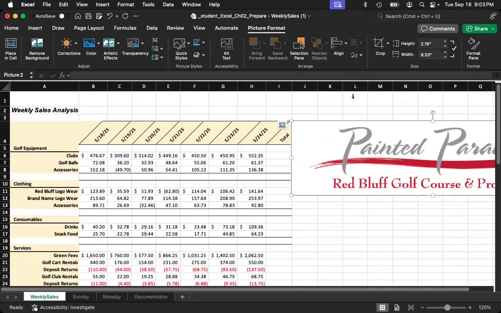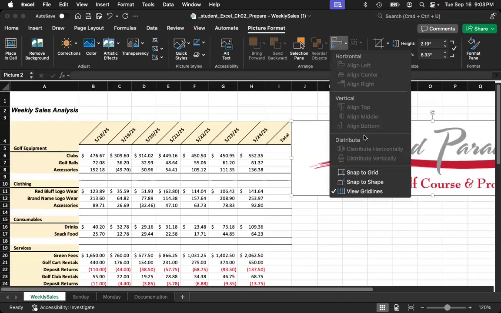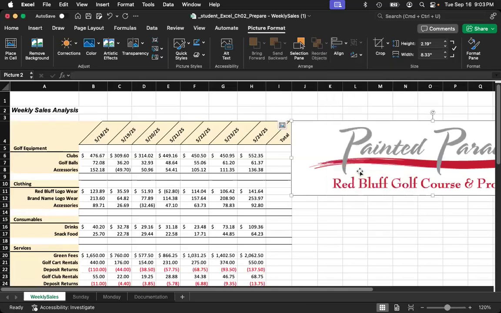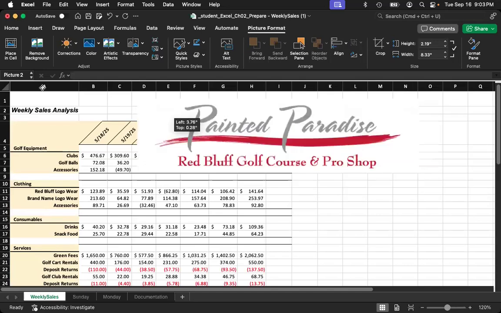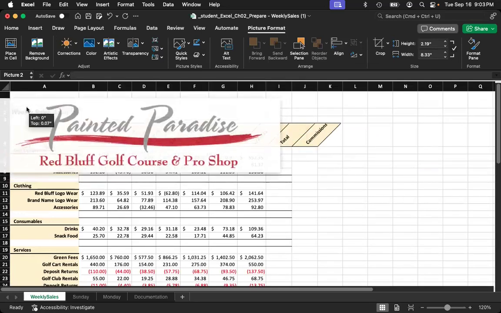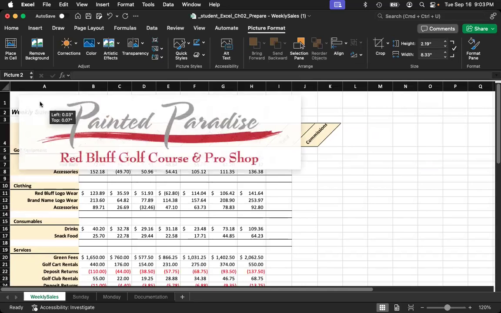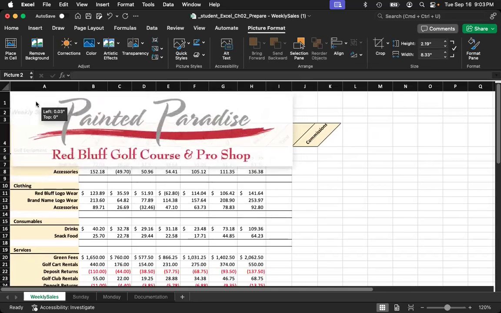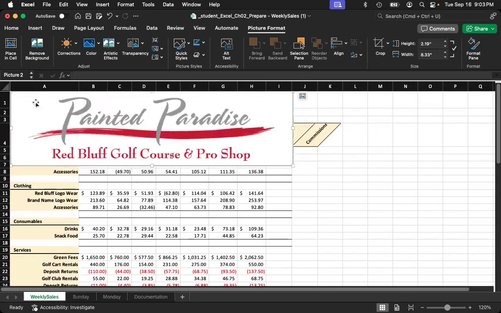One of the things that we can do that will help us to get the picture to work correctly is underneath a line, we can do snap to grid. I'm going to drag this picture over to A1. And I'm going to have it so that, and you see how it kind of snapped right into the A